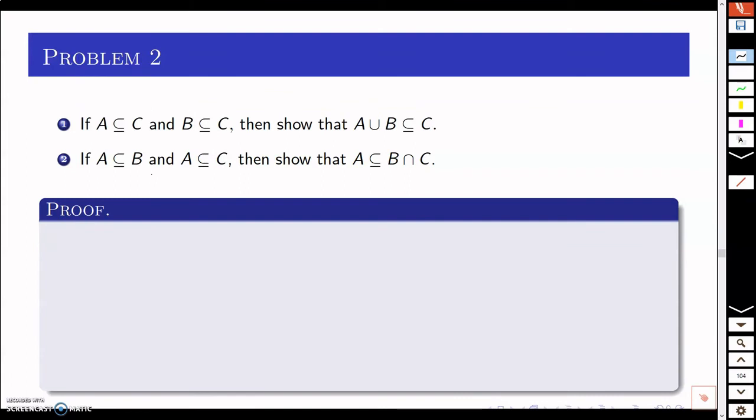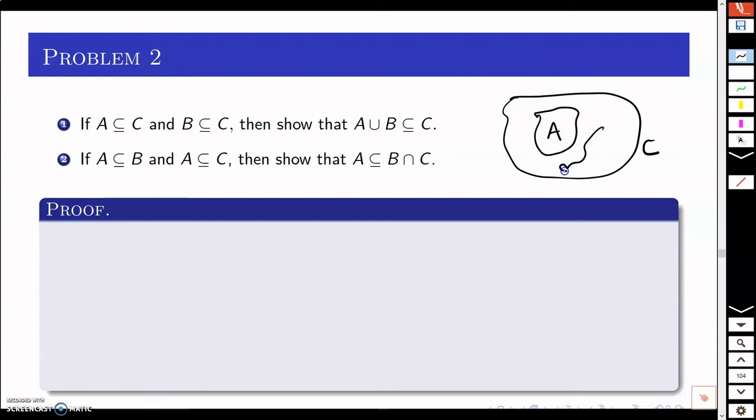Okay, now one more problem here. This says if A is a subset of C and B is a subset of C, then the union of A and B will be a subset of C. To understand this better, you can just draw a picture. Supposing I have a set C here, this is my set C, and what we are given is A is a subset of C and B is also a subset of C. So let's say A is here,